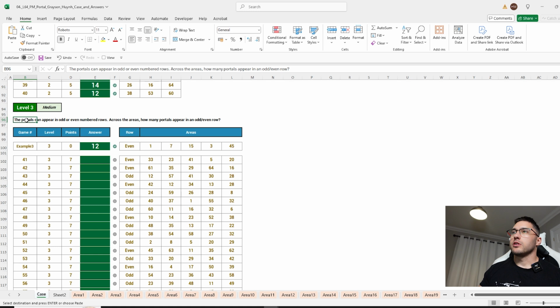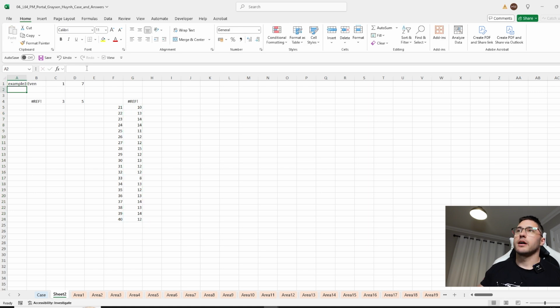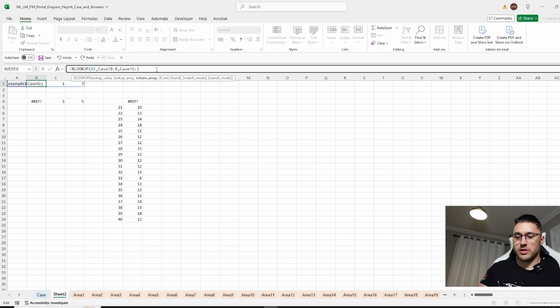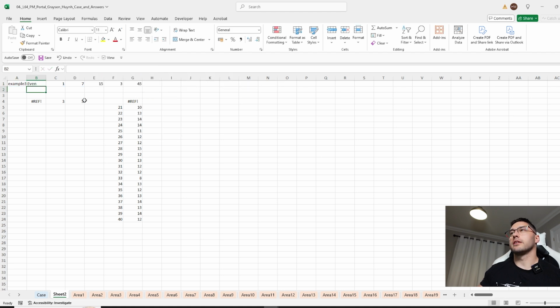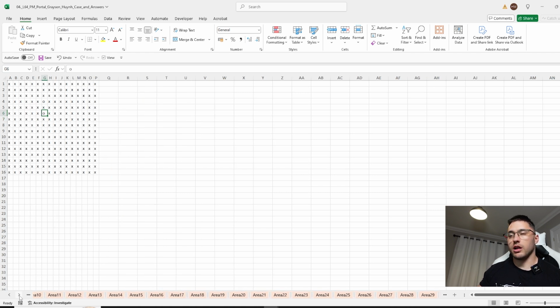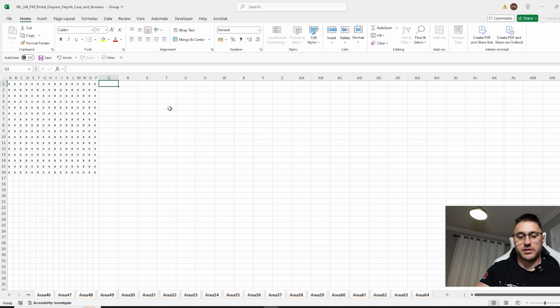Okay, and then the portals can appear in odd or even numbered rows across all the areas. How many portals appear in an odd or even row? So let's do example 3, and we want to go out to L. So the way I did this, it's going to be a nightmare trying to pull a map, pull things on just a row. So what I opted to do is just highlight all of the tabs. So if you shift click a further tab, then what you do in one tab will be done in every tab exactly the same. So then I said count if this is a portal, dragged it all the way down,